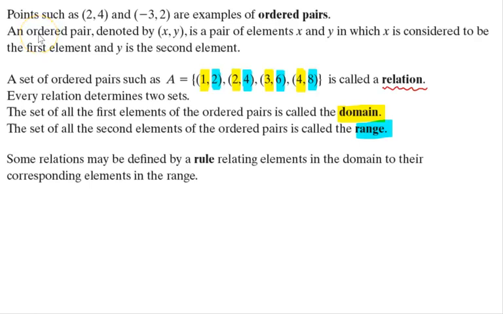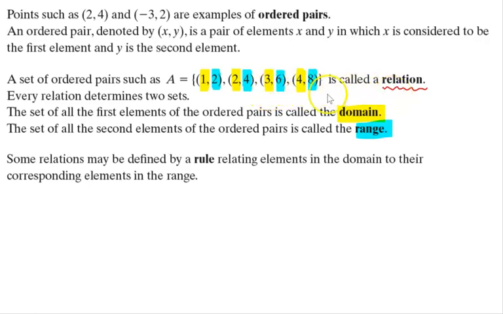Introduction to functions. Points such as (2, 4) and (-3, 2) are examples of ordered pairs. An ordered pair, denoted by (x, y), is a pair of elements x and y in which x is considered to be the first element and y the second element. A set of ordered pairs such as A = {(1, 2), (2, 4), (3, 6), (4, 8)} is